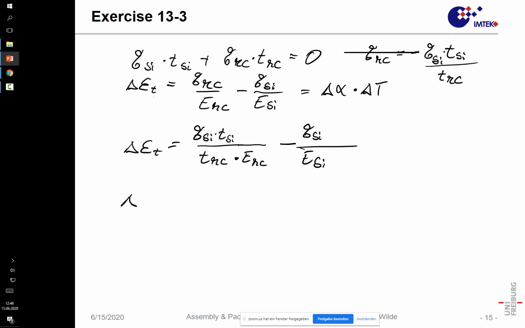So delta epsilon T is sigma silicon times